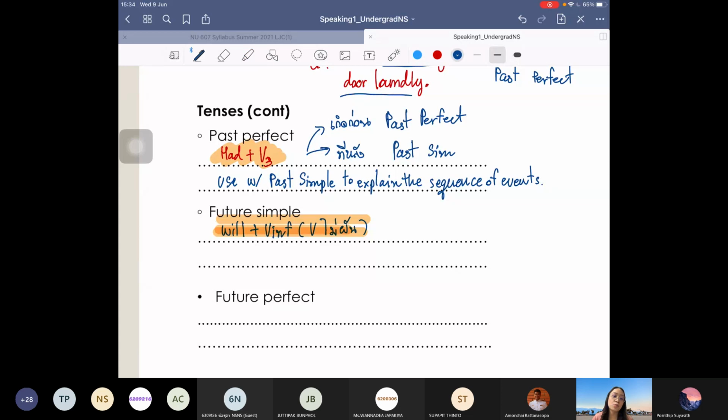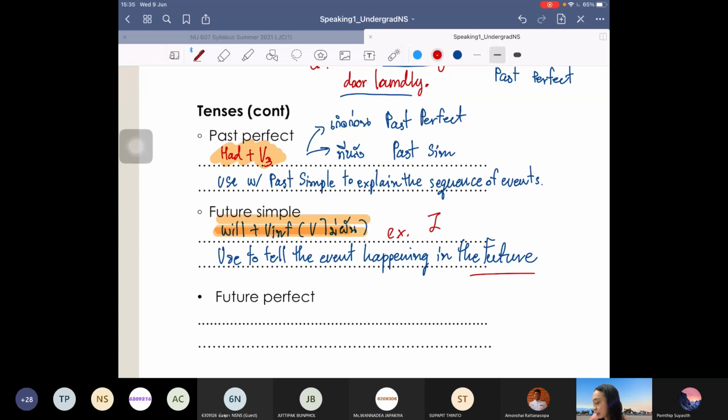We use it to explain what is going to happen in the future, that's it. เราใช้บอกเหตุการณ์ที่จะเกิดขึ้นในอนาคต แค่นั้นเลย ง่ายมากเทนส์นี้